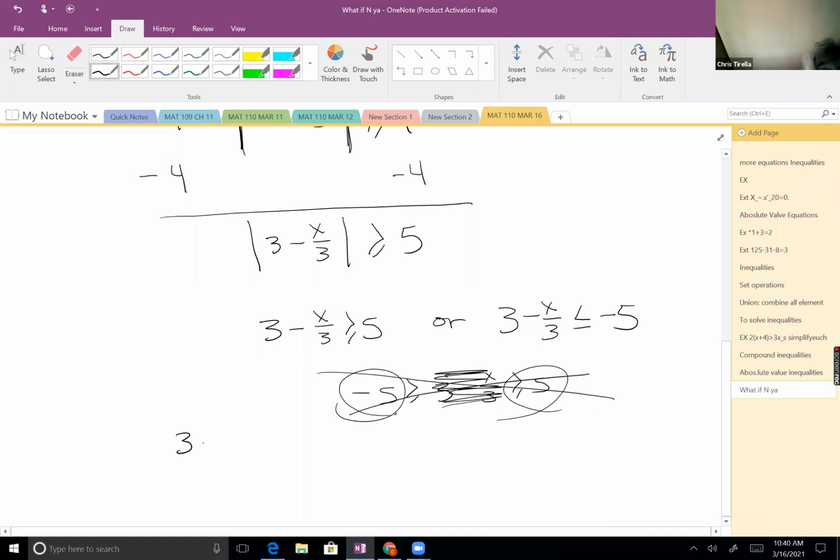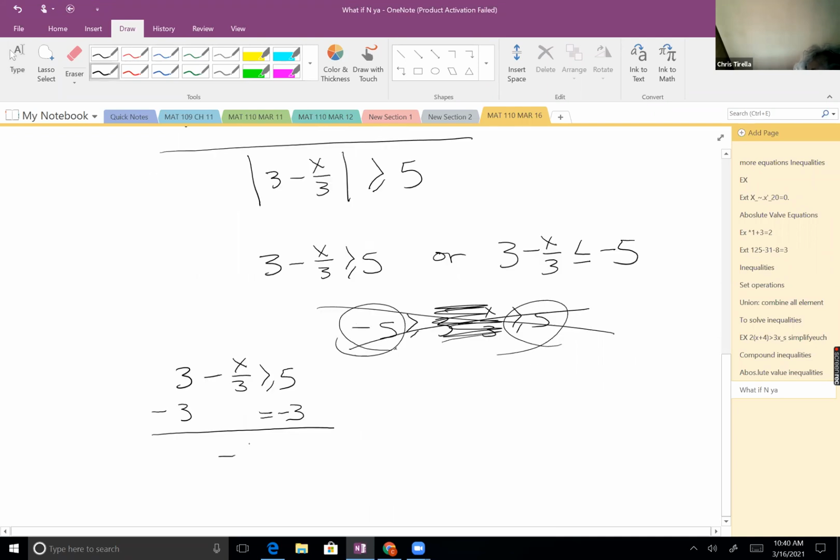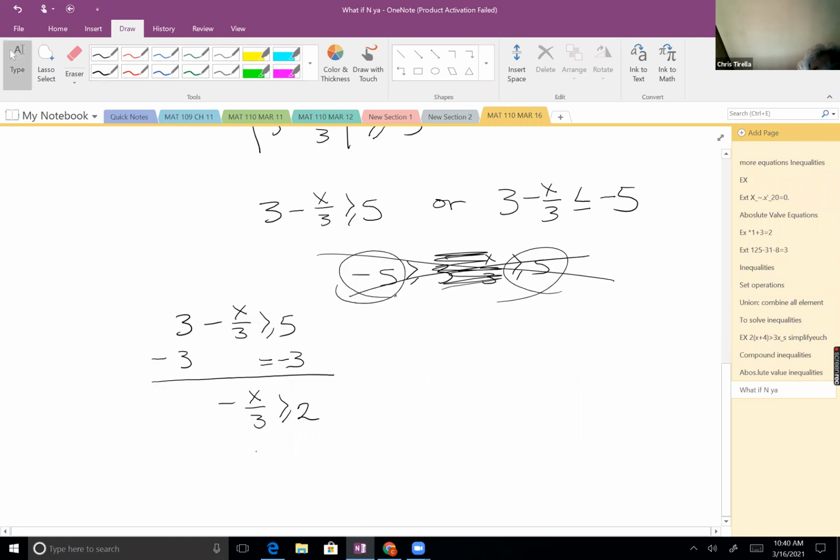Solving the first one, where I have 3 minus x over 3 is greater than or equal to 5. First, let's get the x term alone by subtracting 3 from both sides. That gives me negative x over 3 is greater than or equal to 2. And now to isolate the x,